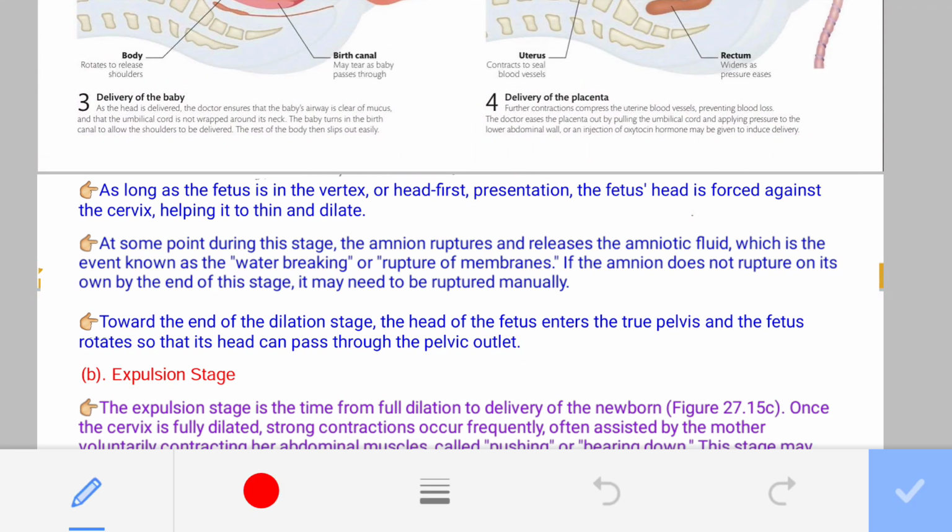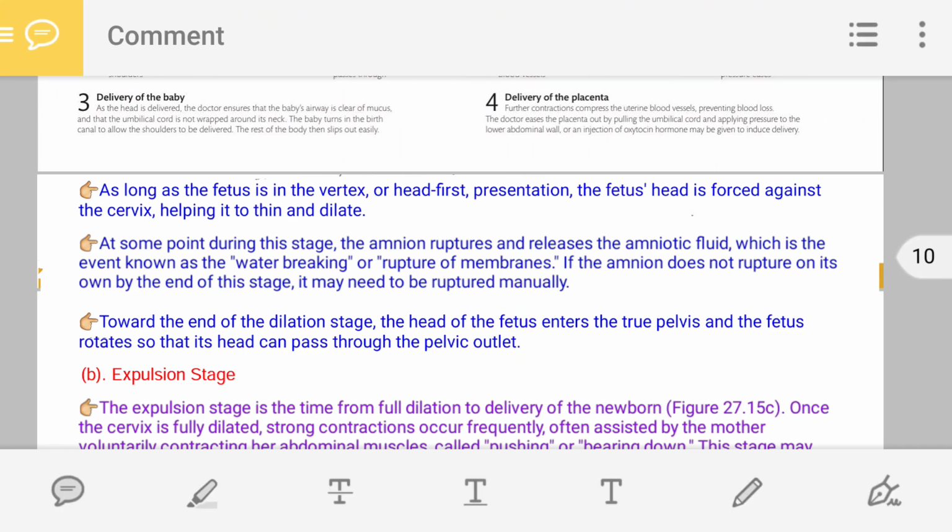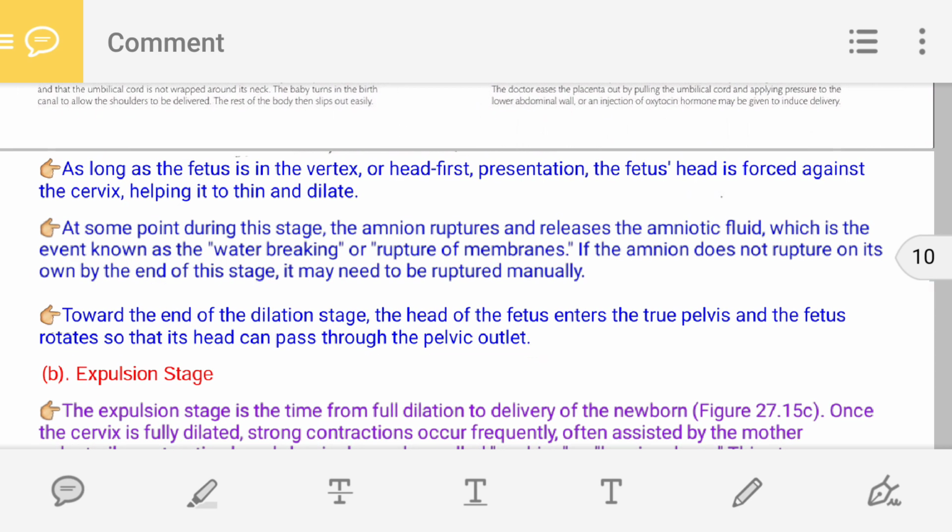So, for example, this is the cervix, and here if I draw the baby's head, then because the uterus is contracting and pushing the baby's body, due to the pressure of the fetus head, the wall of the cervix becomes thin, and at the same time